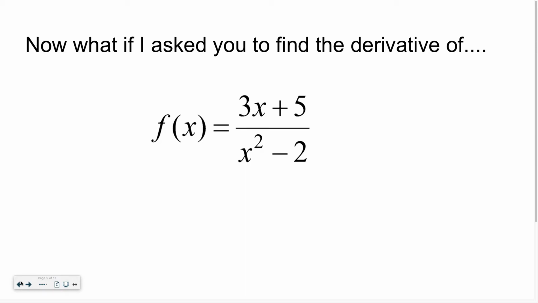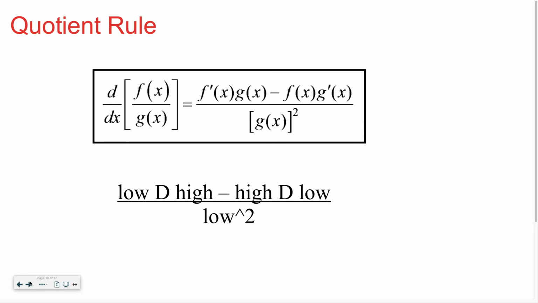If this was just x squared, we could break that up. But we can't break this up into individual terms. Like we can't write ax to the n power because that minus 2 is attached to the x squared. So we have what's called the quotient rule. Write this down. You don't have to write down my little hint down there. I'll talk about it, but